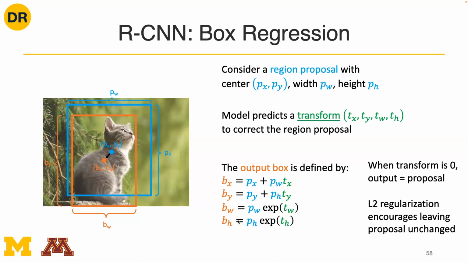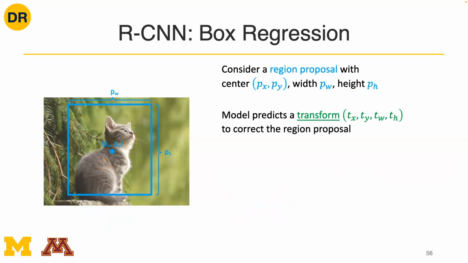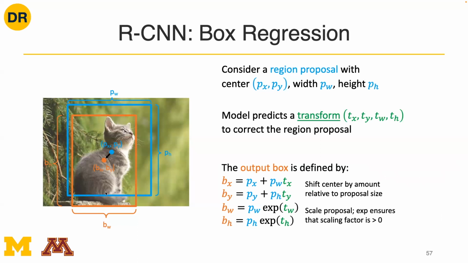So the question was, how does it know to extend the output bounding box beyond the region that it saw? This example is not a great example, but to some extent. If we think about what the convolutional neural network is going to get as input, what RCNN does is take the pixel coordinates within the blue box, downsample them to 224 by 224, and then feed that to the convolutional neural network. So it's possible that the convolutional neural network could identify that at this bottom edge,